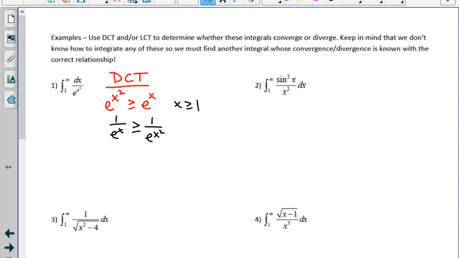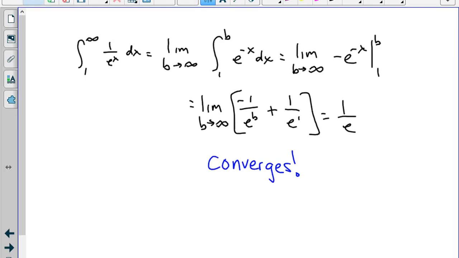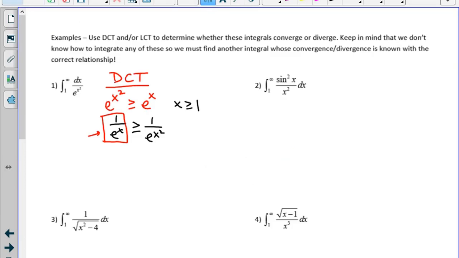Because that's true, if I can show that this function converges, then the other function will converge when I take the integral from 1 to infinity. So I can show that this function converges. I do an improper integral, follow through on the steps, and show that it converges to 1 over e as you take the integral from 1 to infinity of 1 over e to the x dx. Therefore, it converges. So by the direct comparison test, I can say,